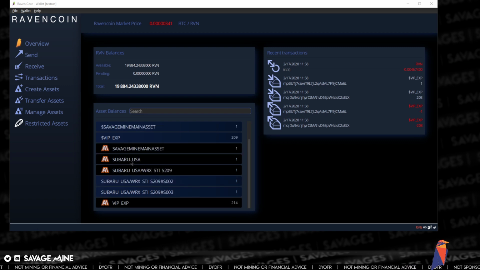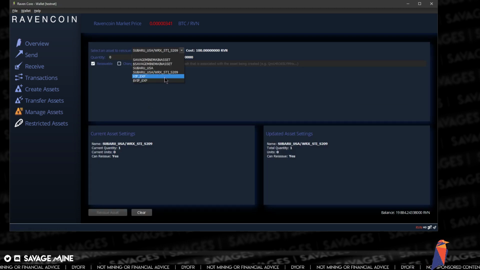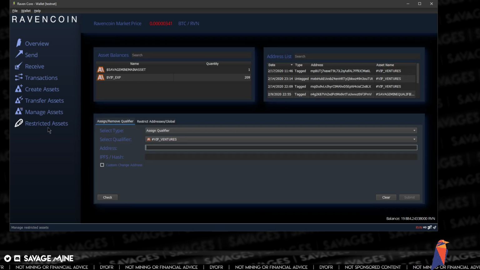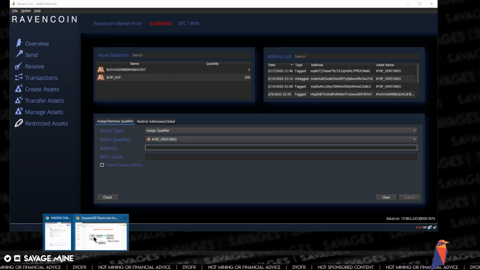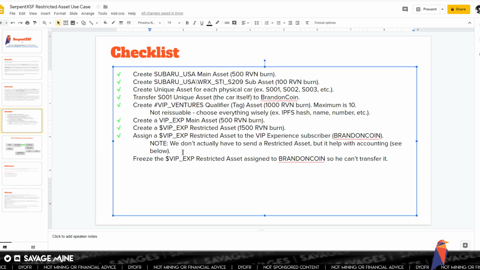If we go to manage assets, you can see which assets I have. Inside the same wallet, I've got all the VIP stuff as well. So I think what we need to do first is go back to our little checklist, because, yeah, we did that even though we didn't really need to.